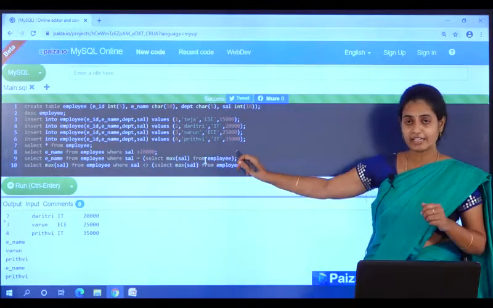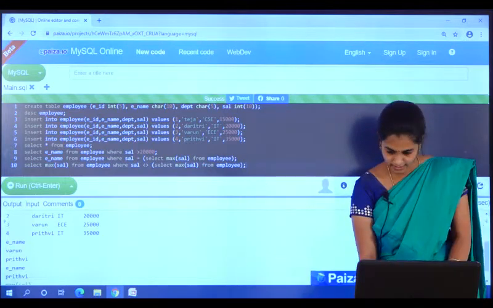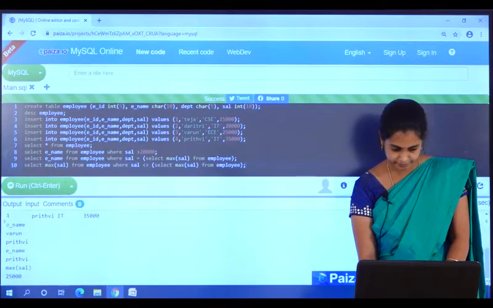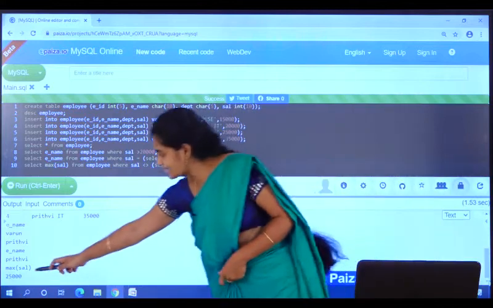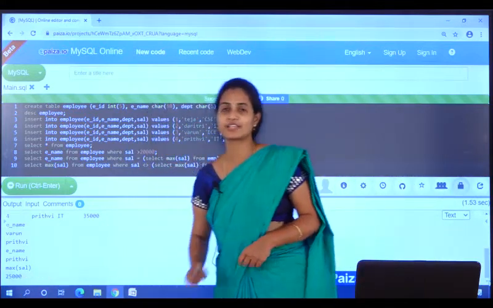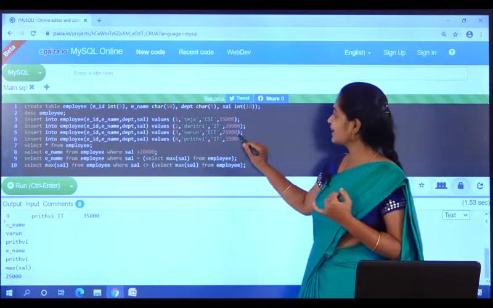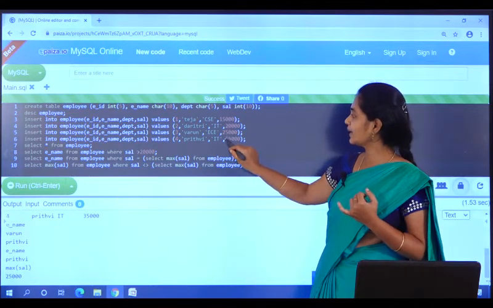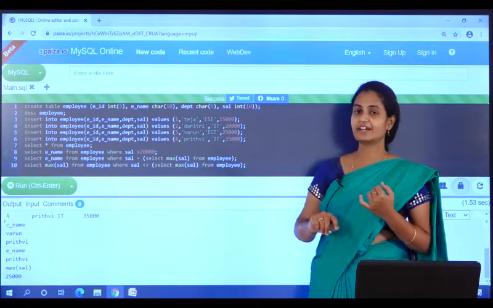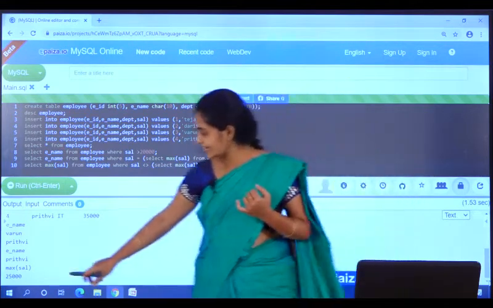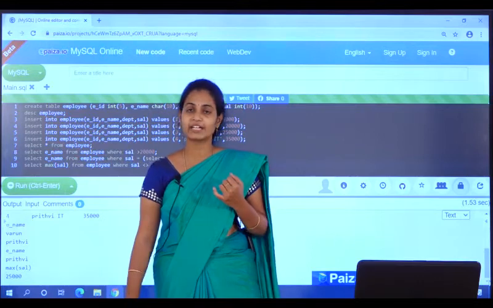Okay. We have already seen the explanation for this. So, see the output here. What is the output? Maximum salary 25,000. What is the second highest salary? 25,000 is the second highest salary. We have 15, 20, 25 and 35,000. So, the second highest salary will be 25,000.